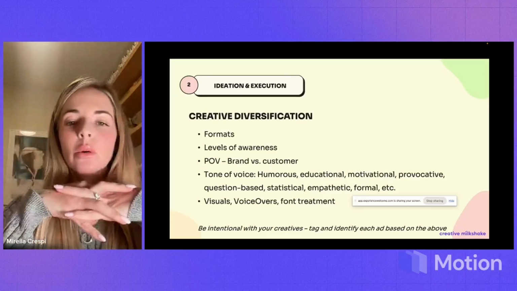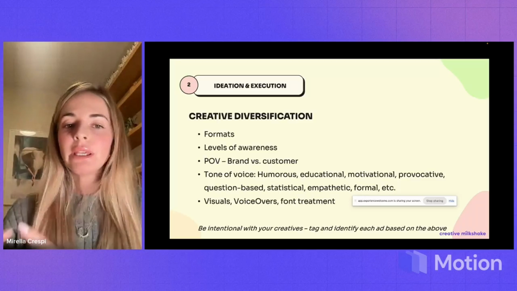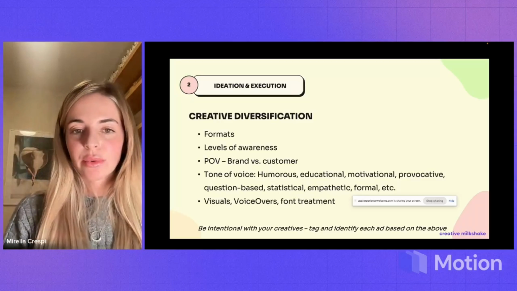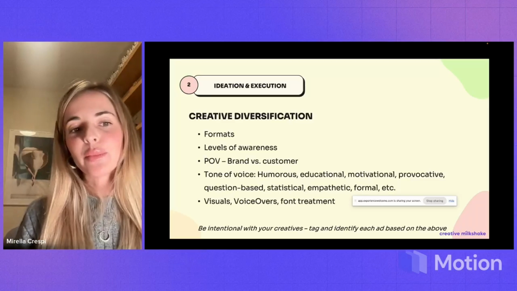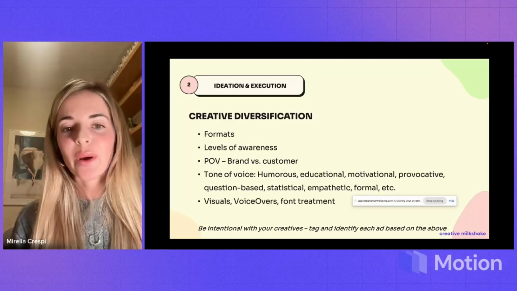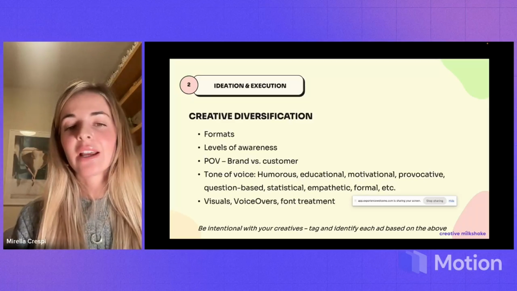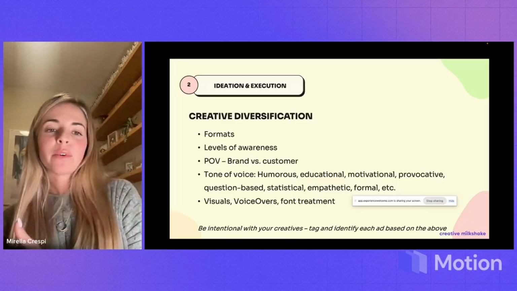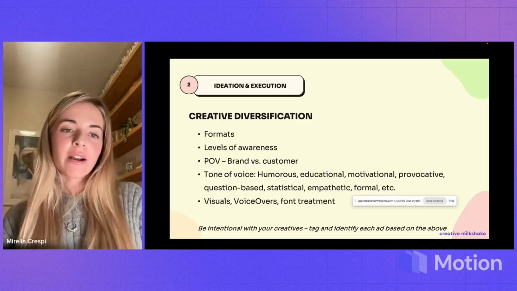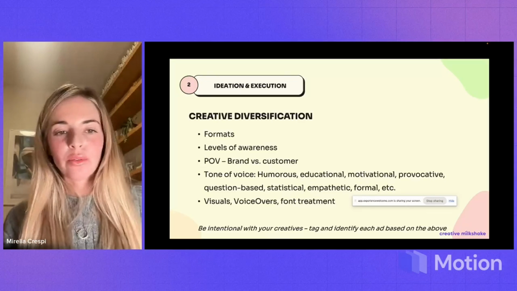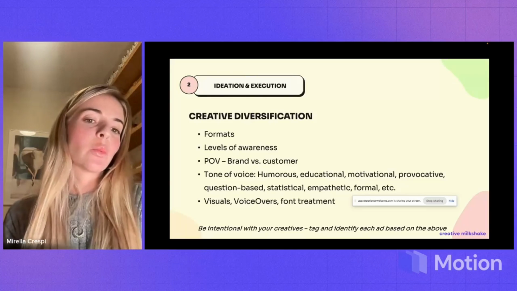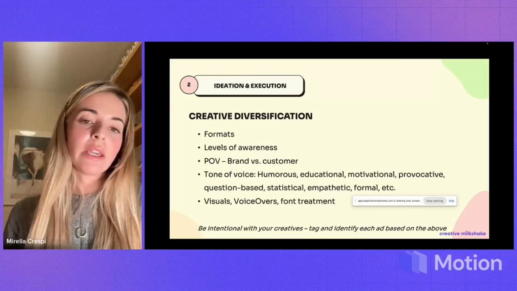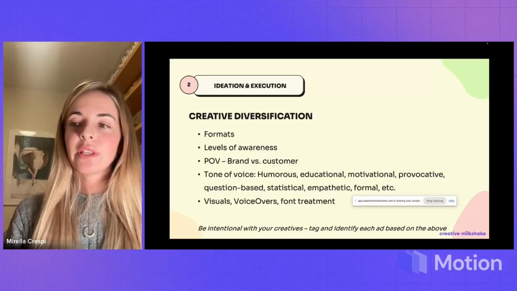And then also tone of voice. Making ads that have a humorous approach, or an educational approach, a motivational approach, something provocative, something that starts with a question, or starts with a statistic. There are so many different routes that you can take, and having diversification on that tone of voice is also key. And this is when ChatGPT can be just wonderful for you, because let's say you have a creative that